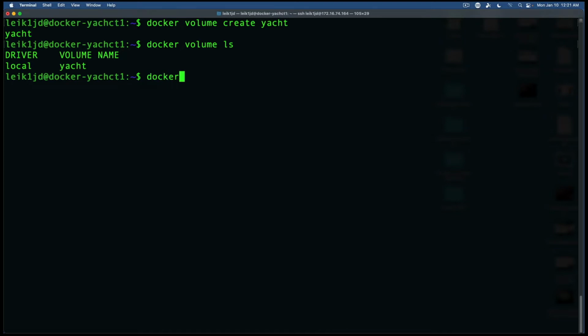So we're going to say docker run -d for daemon, --name equals yacht, -p 8000:8000, 8000 on the host side and 8000 on the container side, -v /var/run/docker.sock mapped to /var/run/docker.sock,